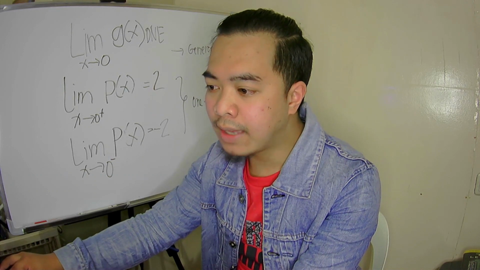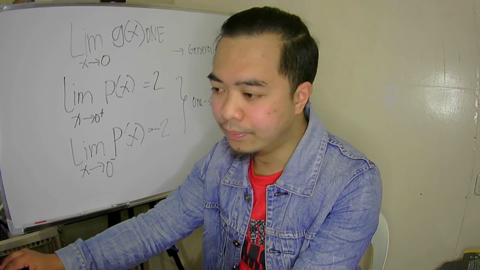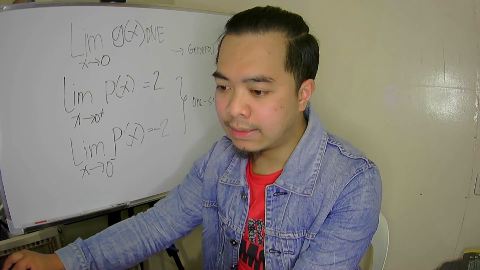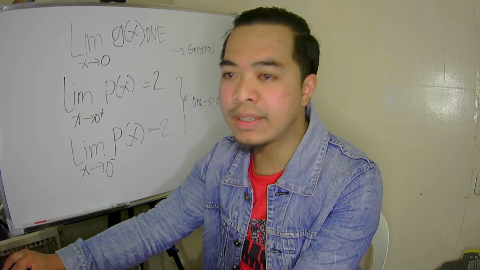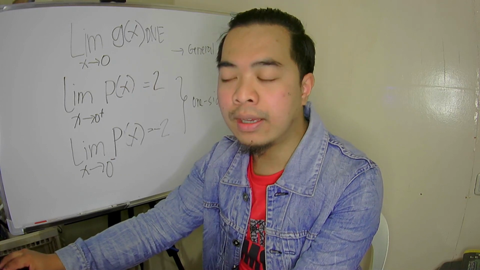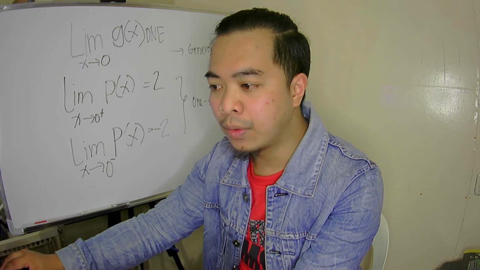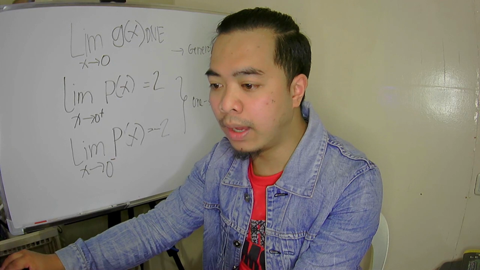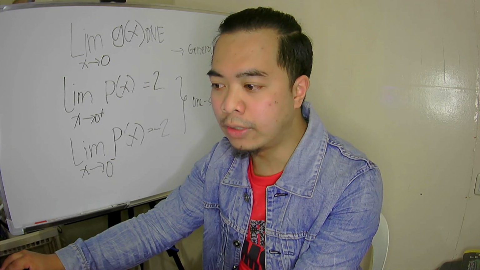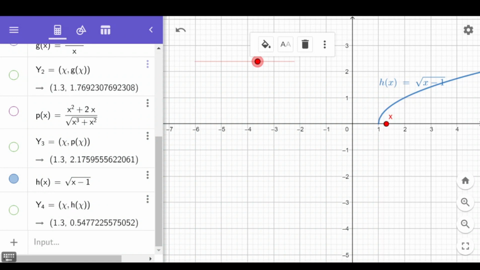Ang h of x ay square root of x minus 1. So, ito yung kanyang graph. Nakikita natin. So, undefined siya. But then again, we are not interested at what happens to the function at a specific value, but what happens to it around that value. So, pag galing tayo sa right ng 1, for example, 1.55, 1.51, saan ba siya patungo yung y value natin? Anyone? Saan siya papunta?